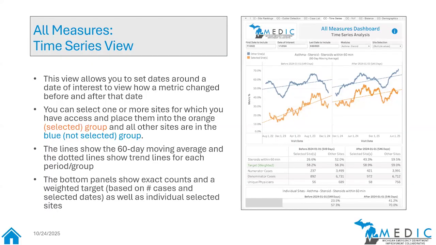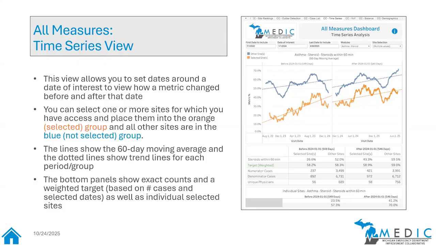A lot of people want to know how my site is doing or how my group of sites is doing over time, and maybe even before and after a specific intervention. And so we added this view a couple of years ago for groups that really wanted to know, hey, I did an intervention. I want to see how we were doing before and after, so that I can print out a slide for folks to see how we changed in terms of our practice. And so this view is a little bit complex, so I just want to spend a moment explaining it. What you see at the top is two line graphs.